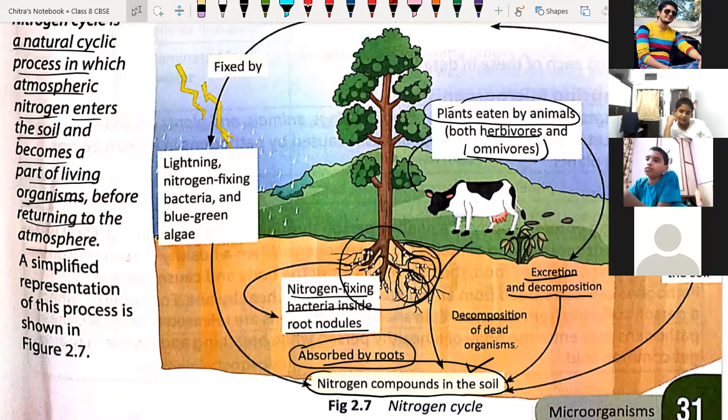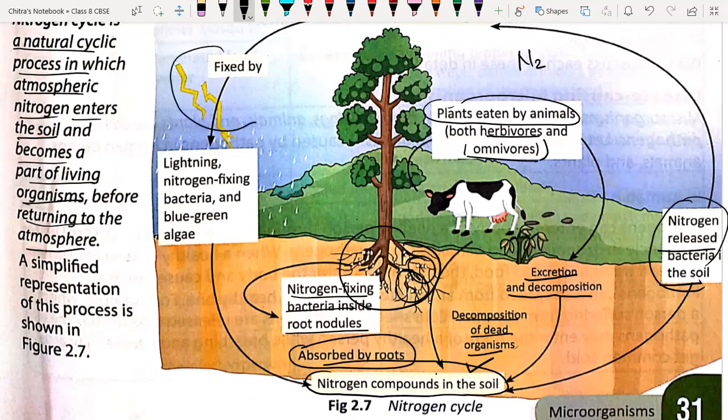When an animal dies, it also undergoes decay and decomposition, and the nitrogen deposited in its body again gets mixed in the soil, and part of it gets mixed into the air in the form of nitrogen gas. Nitrogen is released by the bacteria in the soil. This takes place with the help of rhizobium bacteria through nitrogen fixation. And during the lightning process, nitrogen also gets fixed, like by bacteria and blue green